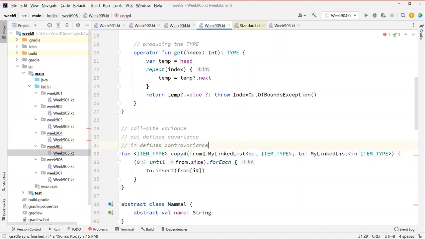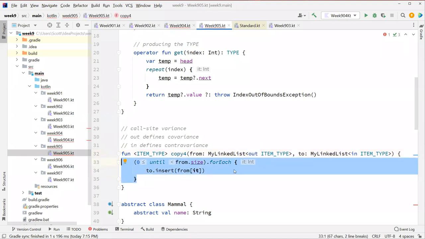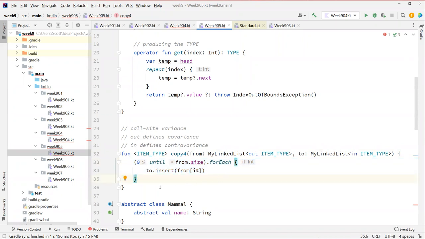The other thing it does is it also restricts which functions are going to be callable inside here. So if you really wanted to control the behavior of what's being used in an in context and an out context, you can put those on there as well. So maybe you have a function that's going to consume things, and that's all you care about. That would end up having an in parameter on there, which would say you can consume it. So the call site variance gives you a lot of flexibility when you're actually using a data structure. We can also use declaration site